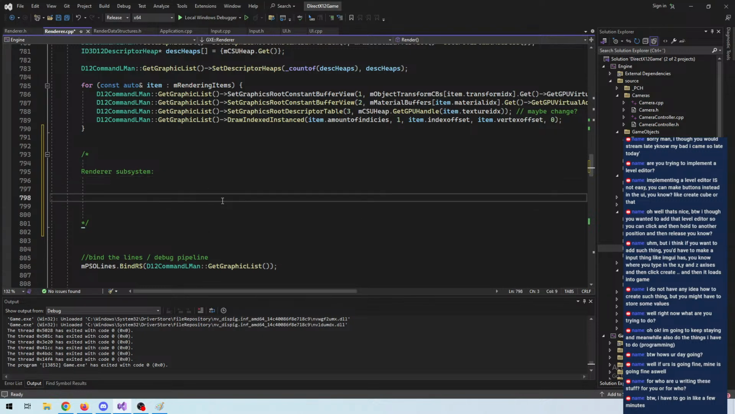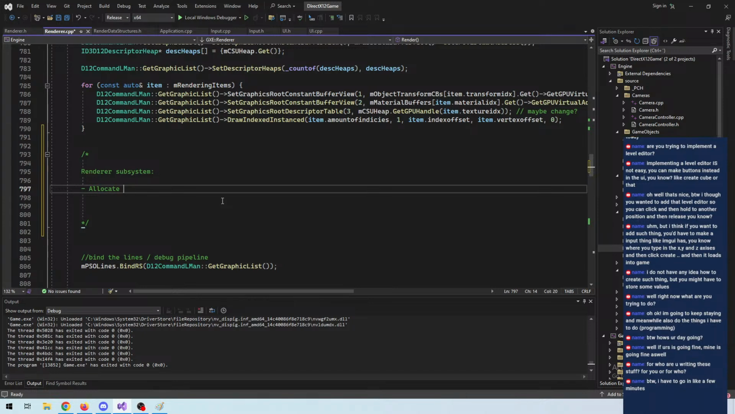Okay, so the render will have a subsystem where we kind of like allocate